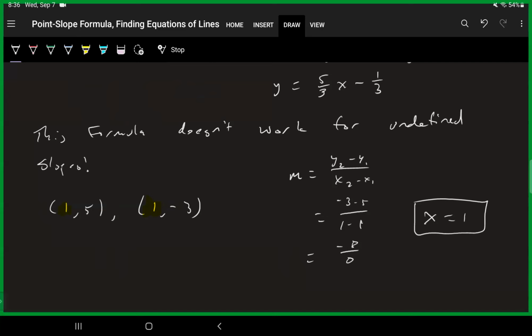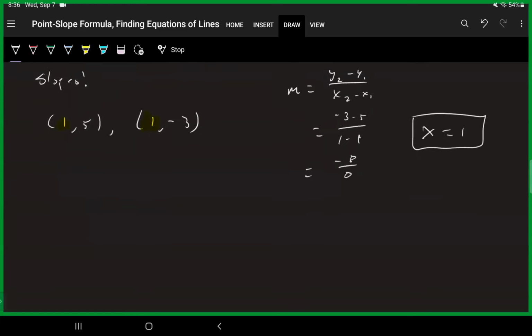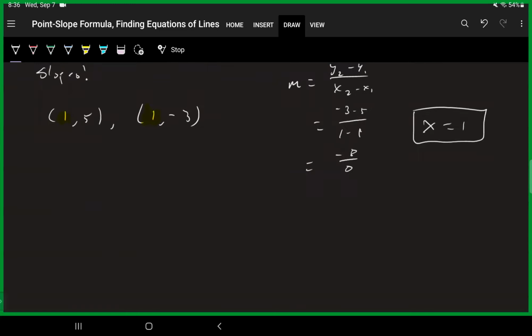It means that my x value is always going to be fixed, and my y value, it doesn't really matter what it is. It's going to be all the y values, and it's going to be that vertical line that's parallel to the y-axis. And when it comes to zero slope,